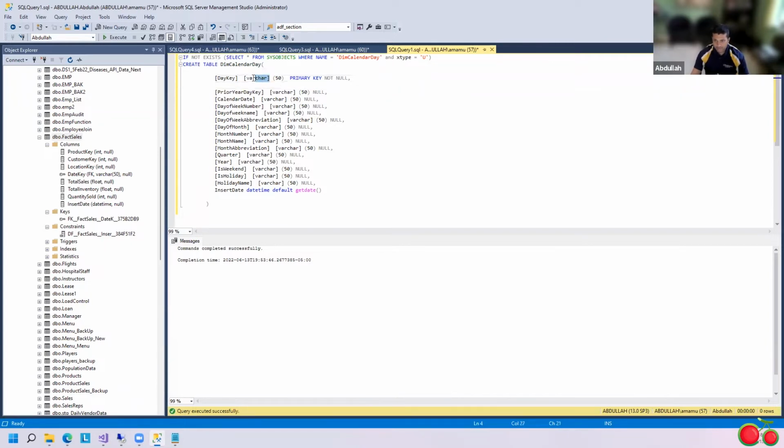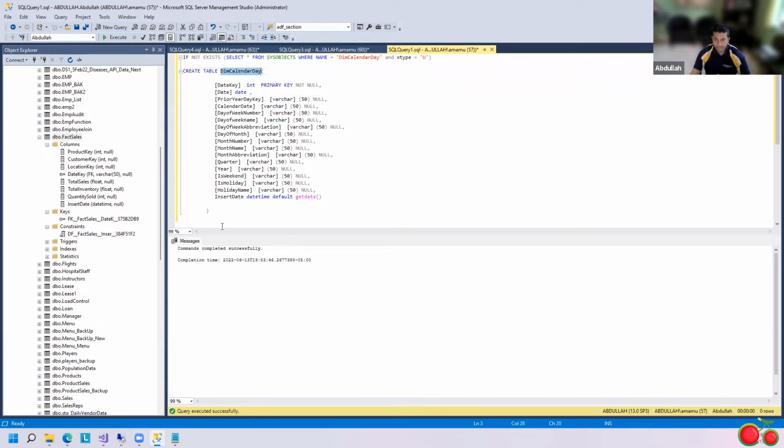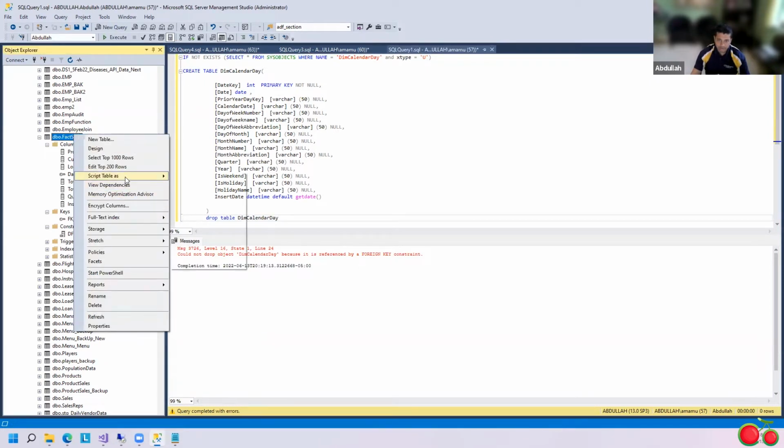I'm also going to change this day key to date key, since we're touching this table, and make it an integer. I'm also going to add a date field, and I'm just going to keep it as the date data type. Everything else stays the same. If it exists, I'm going to drop this table and then recreate it. Then I might have to alter that. Okay, it says it's referenced by a foreign key, so I'm going to also create a